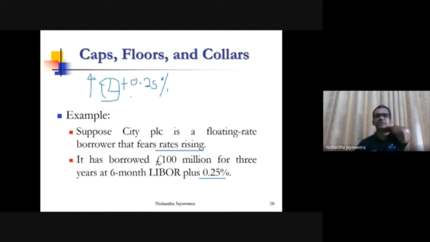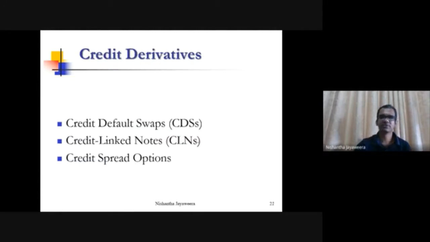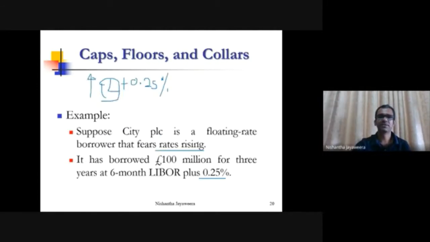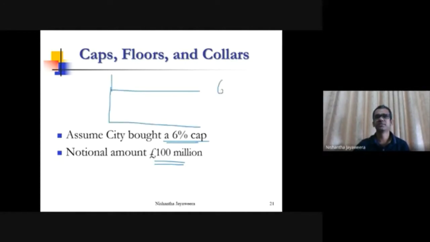What they can do, they can buy a cap at 6%, because it's a cost. The city won't worry about interest rates going down. It's beneficial. So what they need is a cap. Notional amount is 100. So once they bought it at 6%,